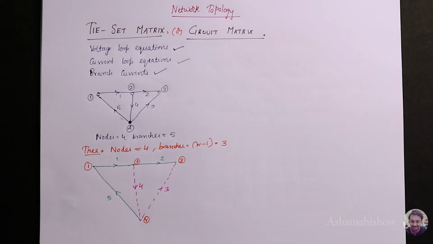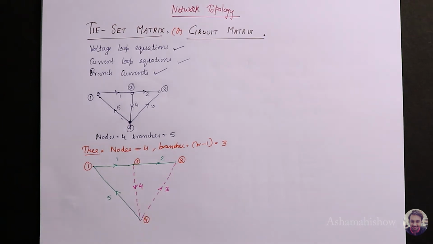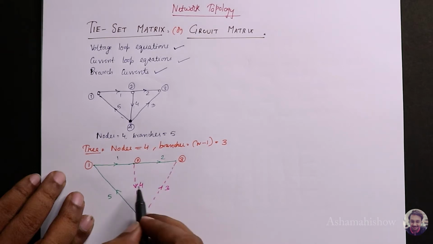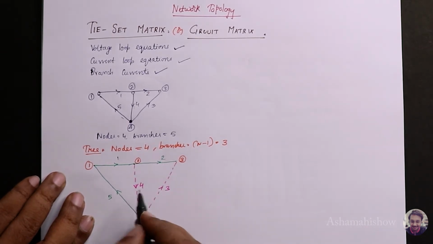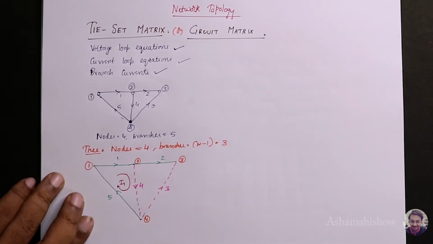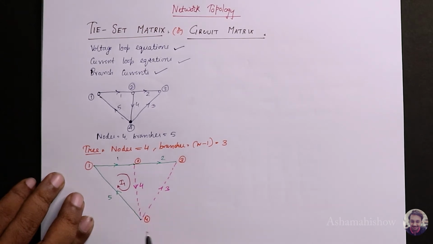Now, as I said, we will get voltage loop equations and current loop equations, so we draw loops out of it. How many loops does it contain? We have 2 loops. I'll show you how, with this pen. When we consider this link branch also, this is my first loop, I1. I am taking this direction because this is the normal sum.